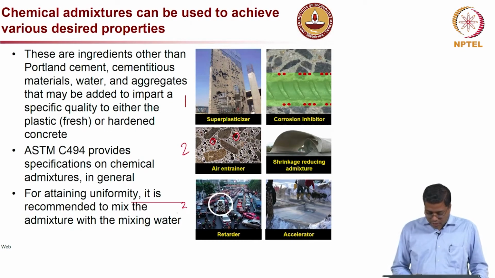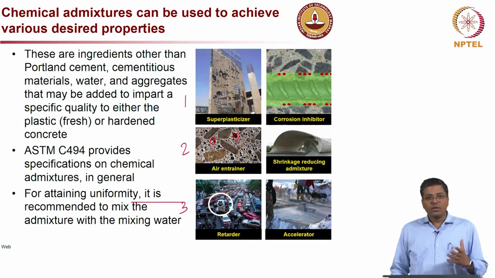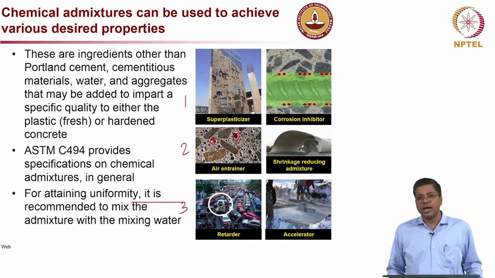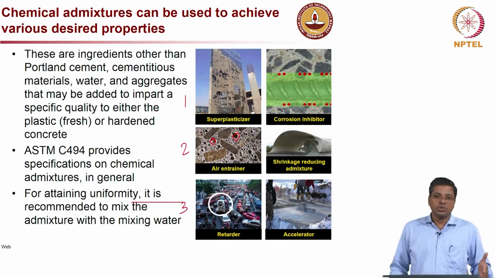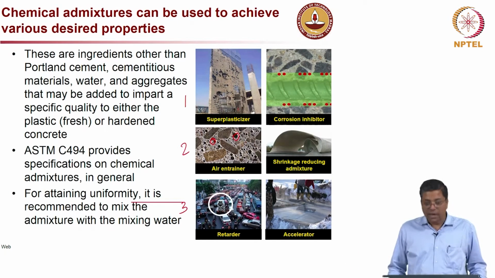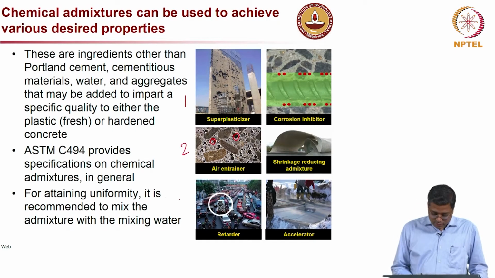And then you have retarders, which are mainly to slow down the reaction rate, especially for cases like what you see in that picture. It is a concrete truck stuck in traffic. So, if the concrete has already started mixing and hydrating, and then you are stuck in traffic and you have time to reach the construction site, the best thing to do there is to reduce the rate of reaction, so that you can still have good concrete by the time you reach the construction site.